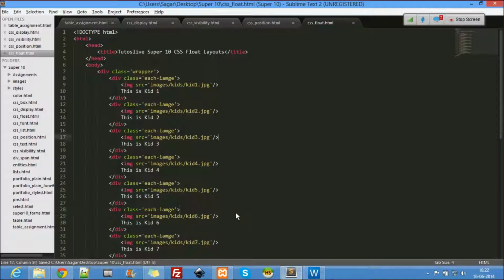Okay, so this looks good. Let me just wrap even this inside another div if possible. Okay, that's fine, no problem.